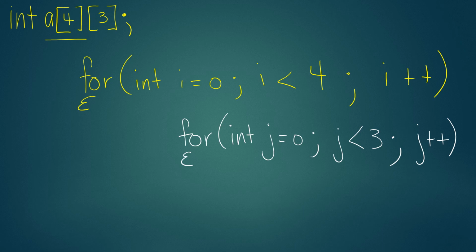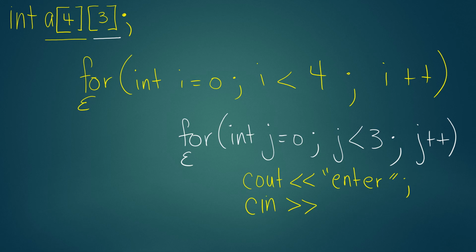And that would be the number of columns. And you would prompt, so cout, enter, and cin into A at index i, j. So if you were to trace this code, first you would